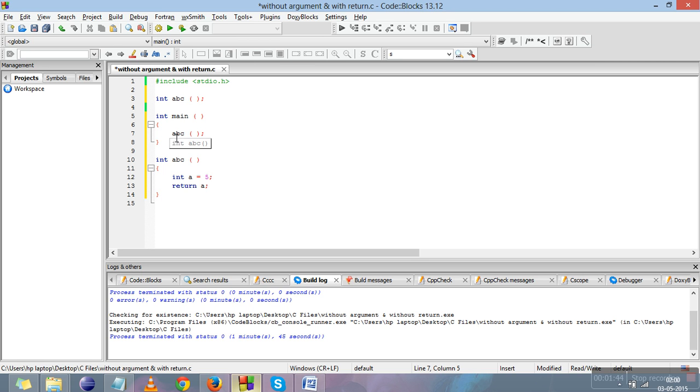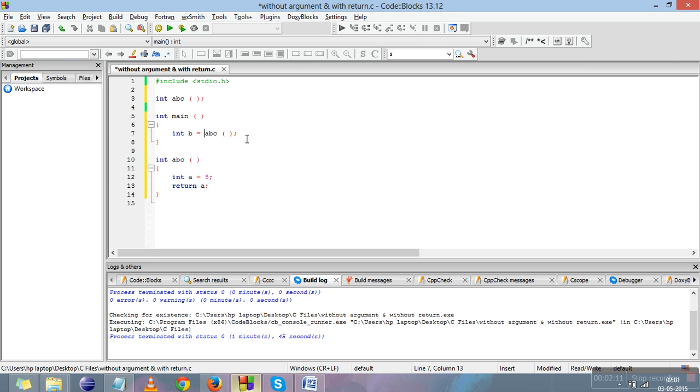But one thing you need to understand here is that if the abc function is returning something, you need to catch it here, because only then is there any use of returning from the function. So we'll declare an integer variable over here, or you can declare it by another name, we declared b is equal to abc.